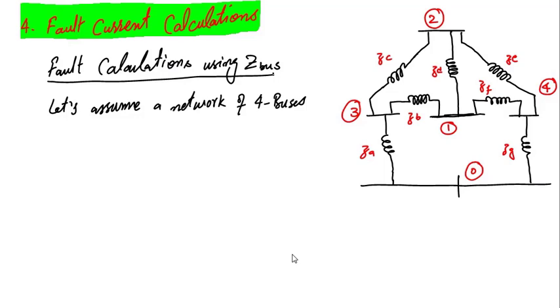Unloaded means the short circuit analysis will become much easier. We will not have to calculate the voltages of different nodes. We assume that all the nodes, bus 1, 2, 3, 4, are at the same potential. Their voltages are equal in magnitude as well as phase angle. So that's why no current is flowing through these branches Z, B, C, D, F and E.